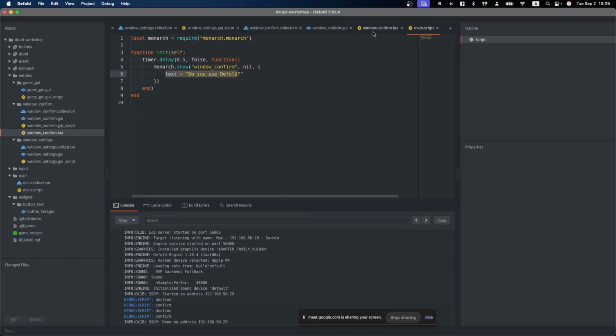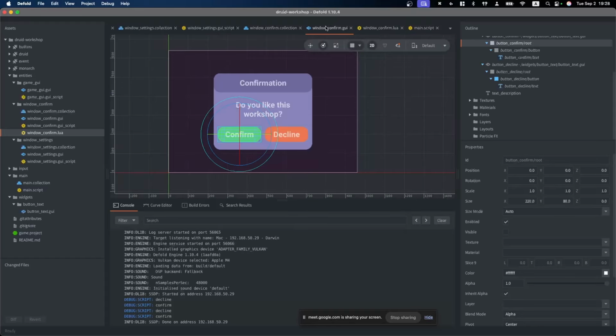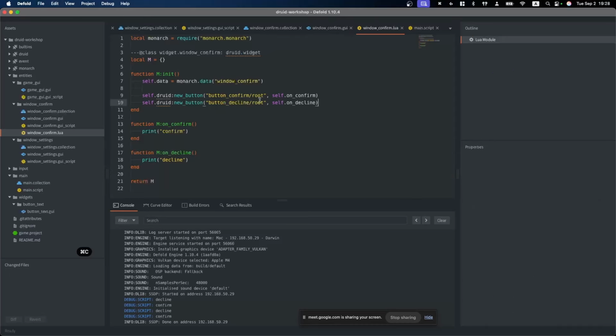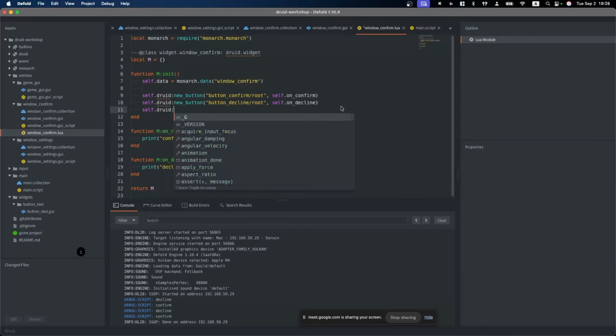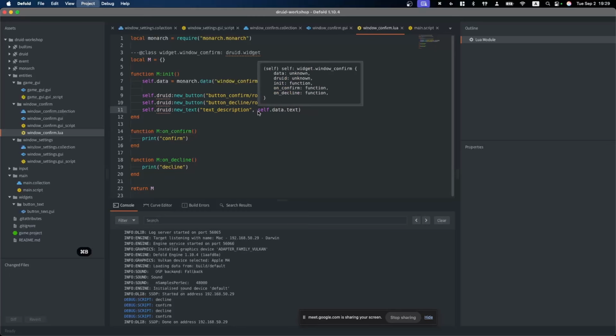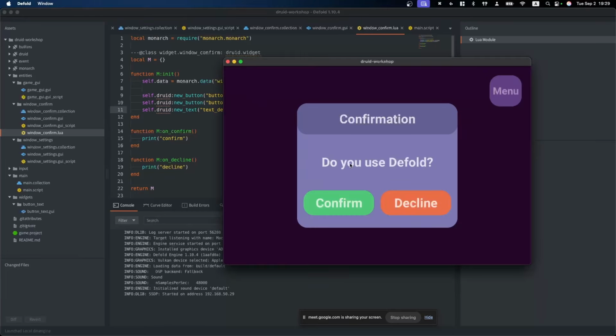So it should be text here. We have a text, its ID or text description. Let's copy it. Let's make Druid text as we did before and use data text as the second parameter. It's the initial value. So for example, if we call it, we have a new text here, and we can manipulate it from outside. Already good.